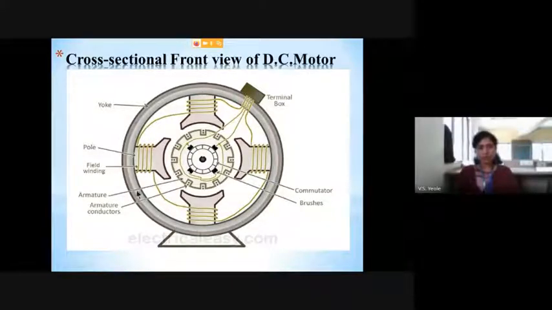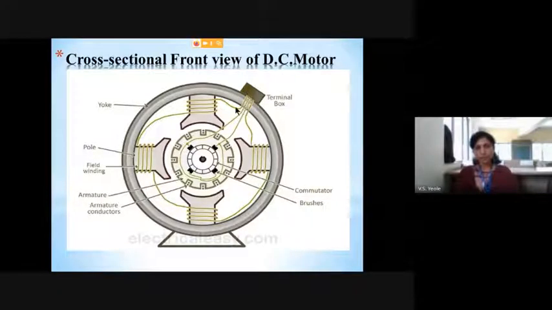Now we will start from the outer part of the motor, which is called the yoke of the motor. This yoke provides protection to all the internal parts of the DC motor. Inside the motor, the first part, you can see that there are a number of poles connected inside the motor. How many poles can you see? There are 4 poles inside the motor. Over each pole, you can see that winding is wound, and the terminal for the winding comes from the terminal box which you can see outside the motor.